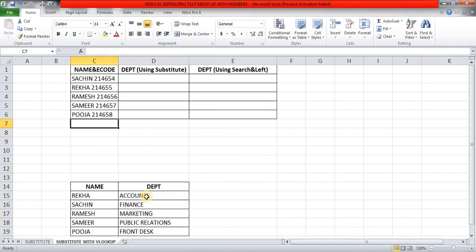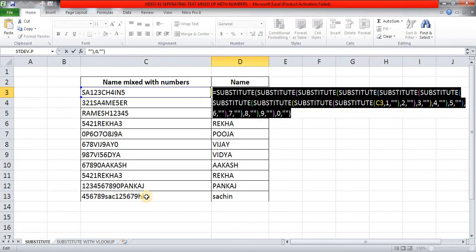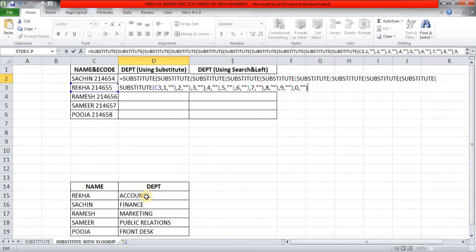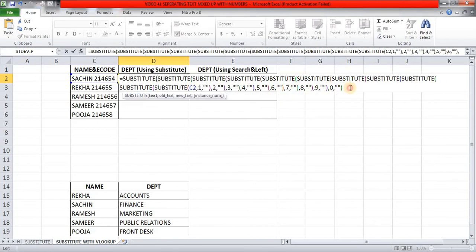So now that substitute function is ready with us, we'll simply copy this, Control C, F2, Control V, and instead of this C3 we'll simply change that cell reference to C2. But there is one catch. You can see that between this name and the employee code there is a space. So what we are going to do here is we'll use one more substitute, and we are going to replace that space with nothing. So into inverted comma space, inverted comma complete, and replace it with nothing,